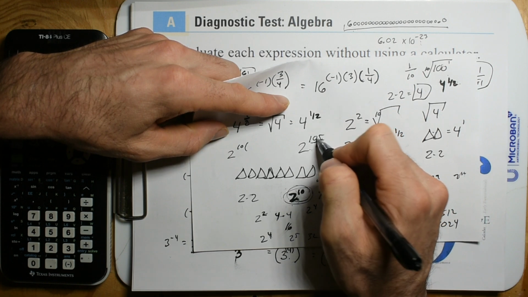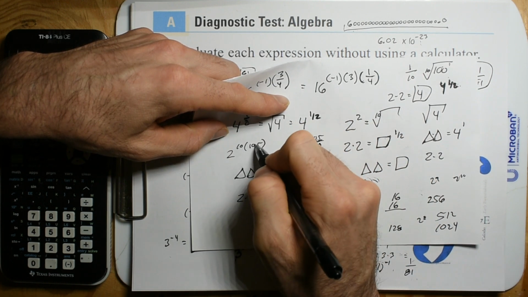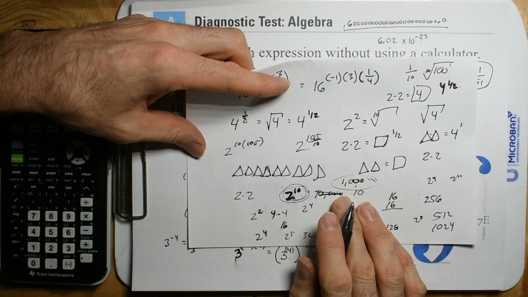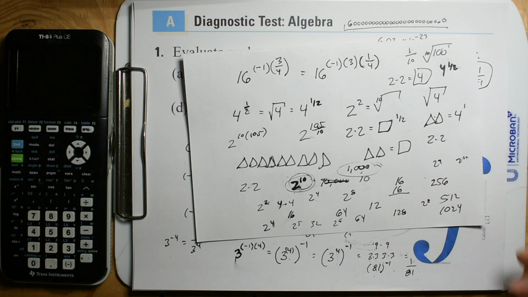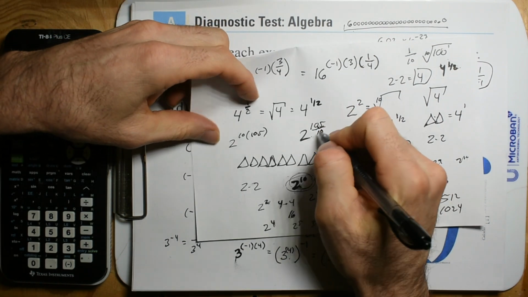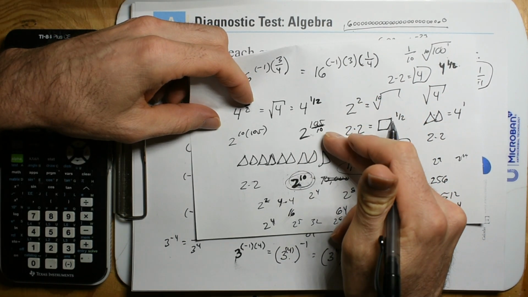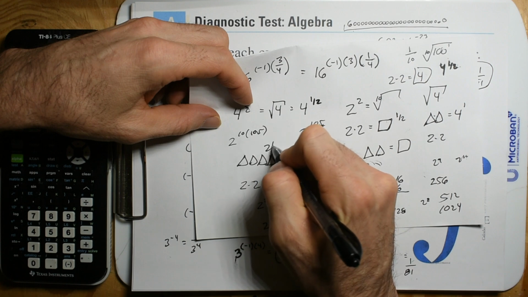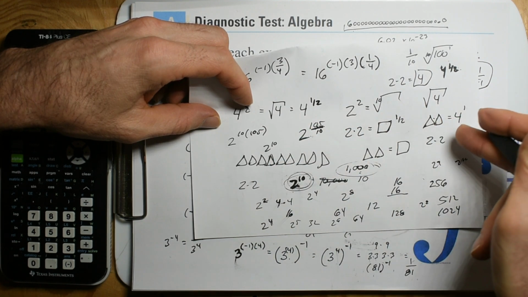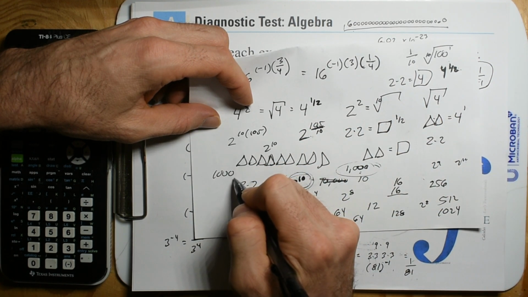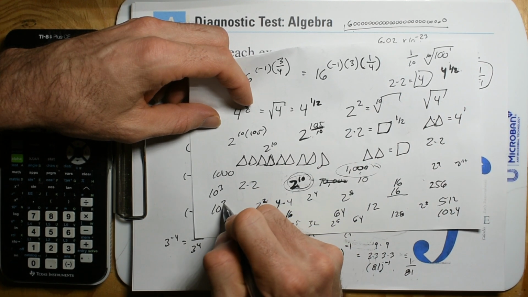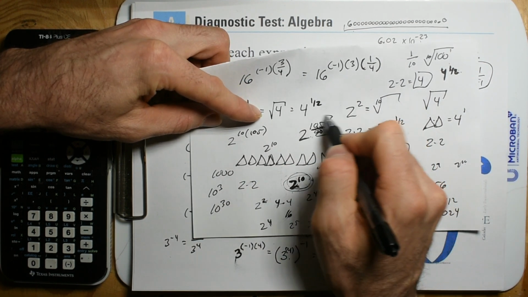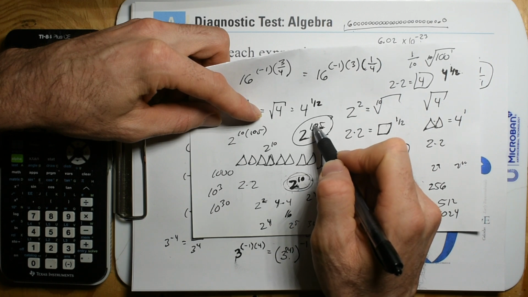Yeah, what's that? 10.5? Yeah, so we would have... no, we're right. Yeah, so if I have a big number like 2 to the 10, that's going to be 2 to the 10, like 10 times. So I'm going to have 1,000, which is 10 to the 3. 10 times. So I'm going to have 10 to the 30. So yeah, just taking a big number like 2 to the 105,